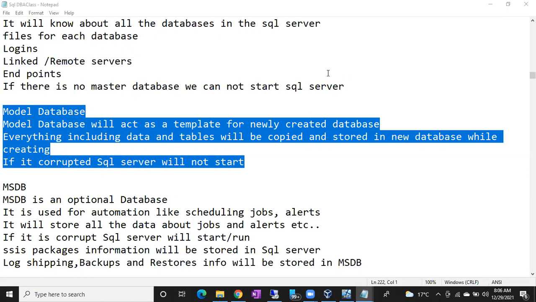Any doubts now? Right, fine. So what will the model database do? It's a template for newly created databases. Model database will act as a